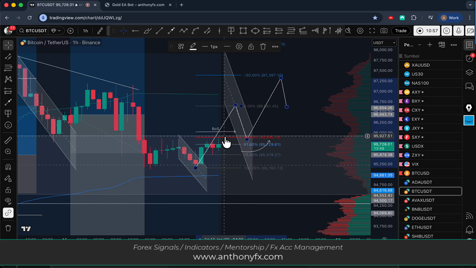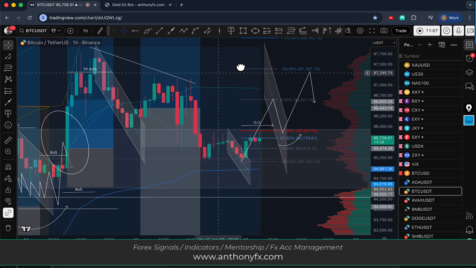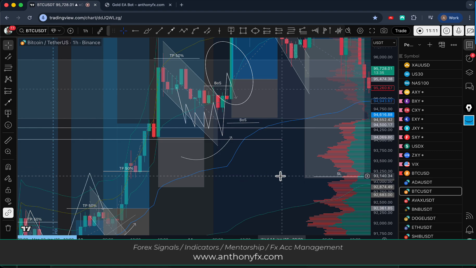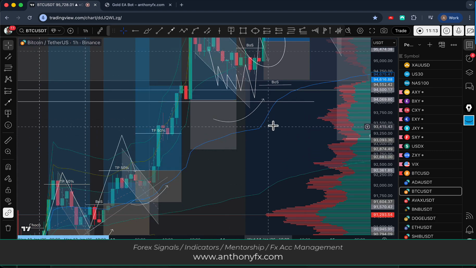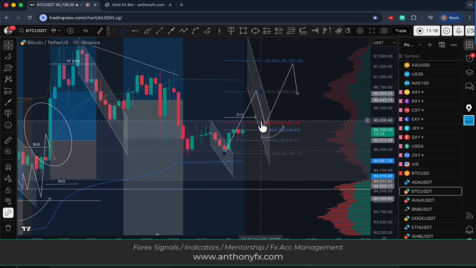Now, this could be a little early. Some people might want to wait for two of these, right? One's like a change of character, and the next one would be the break of structure. Just up to you. Look, we've already built a massive buffer. I would take that risk, and that would be my trade. Long